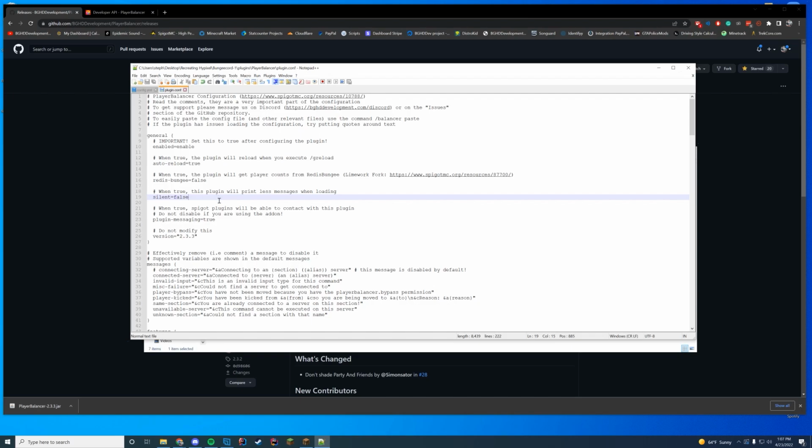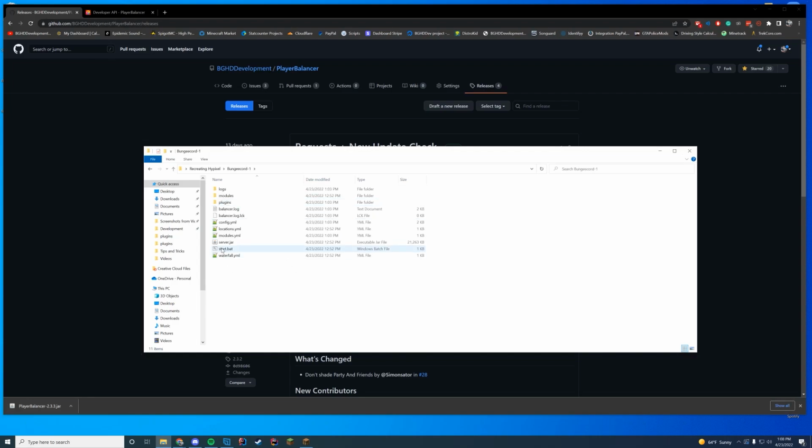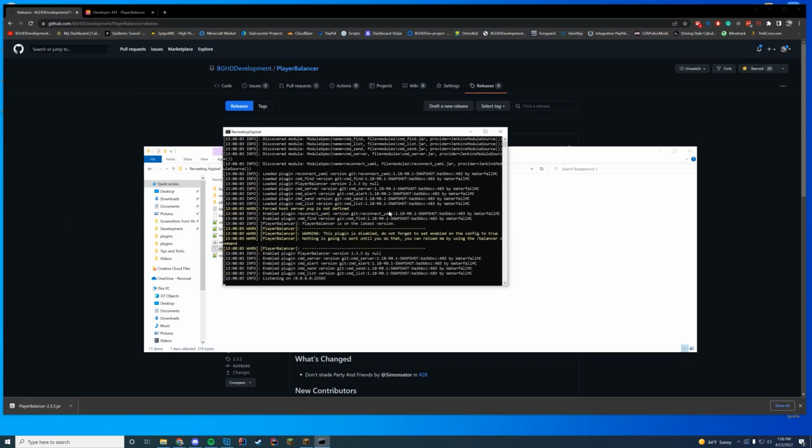We don't want silent loading. We're not going to disable messaging. We don't need auto reload or any of that. We are good to go. So now if we go ahead and start our server once again, we are going to just make sure everything